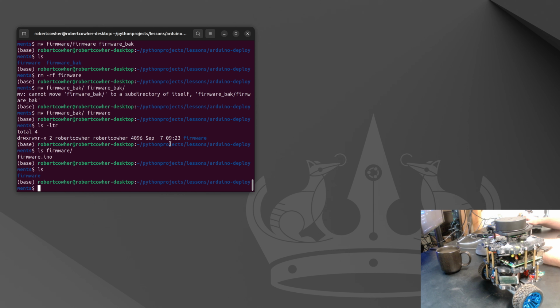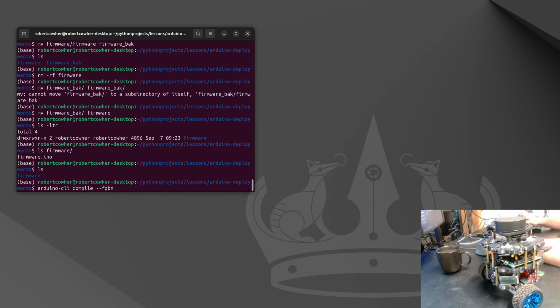So that's going to be Arduino. And this is the section that you're going to run over and over again. This is what you probably want to wrap into a build.sh or something as part of your workflow. So you're going to do an arduino-cli compile,